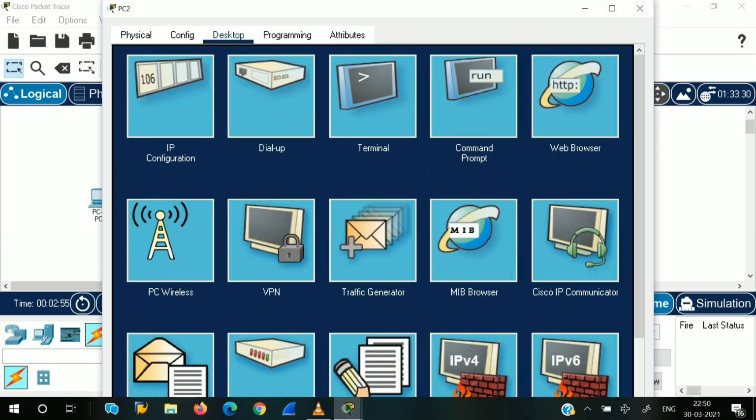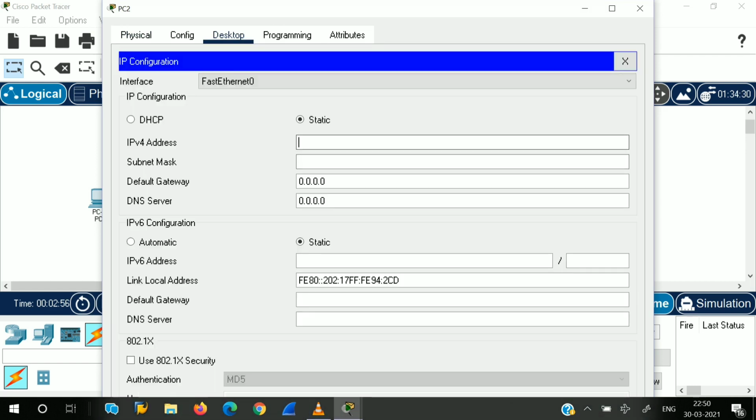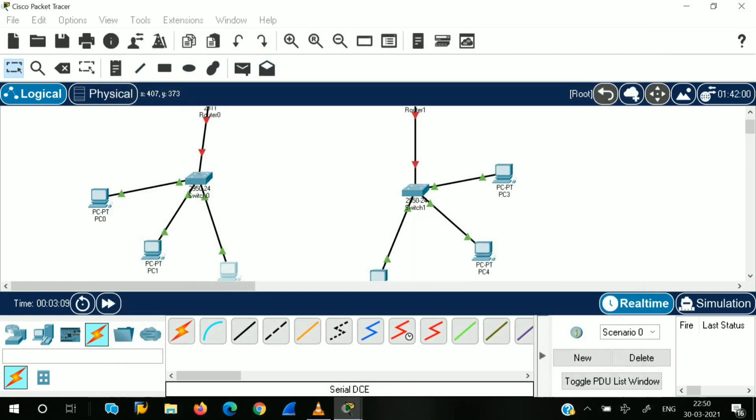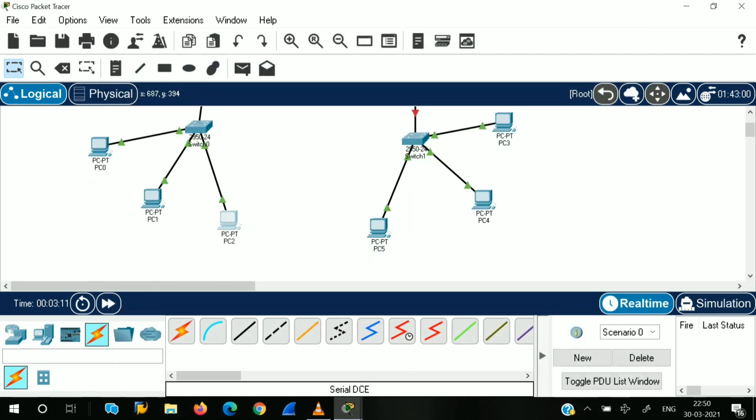Now for PC2, the same way, 192.168.10.4, subnet mask assigns by itself and default gateway 10.1.